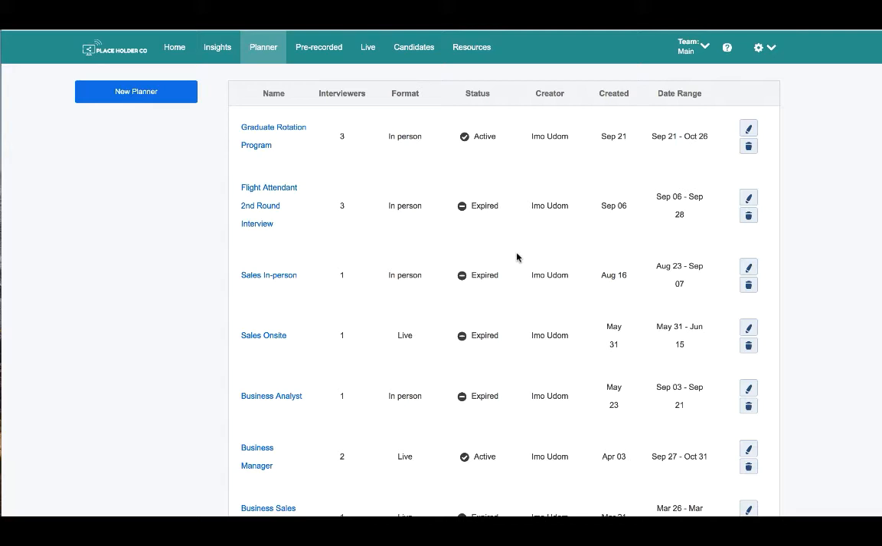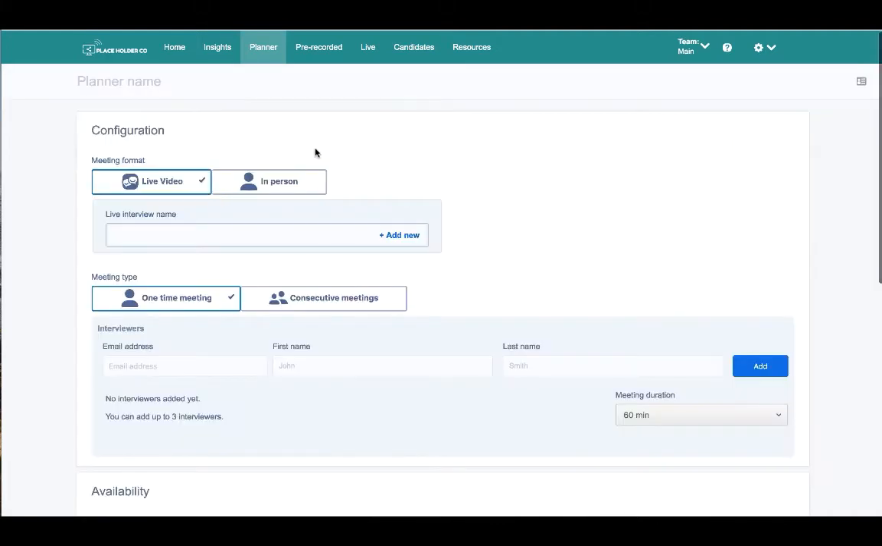The WePow Planner connects to your calendar and allows you to set parameters that will then give your candidates the ability to self-schedule interviews. So let's go ahead and create a new planner. So the first thing to do is set an overall planner that's going to have your core parameters for this interview. So let's set one for our graduate leadership